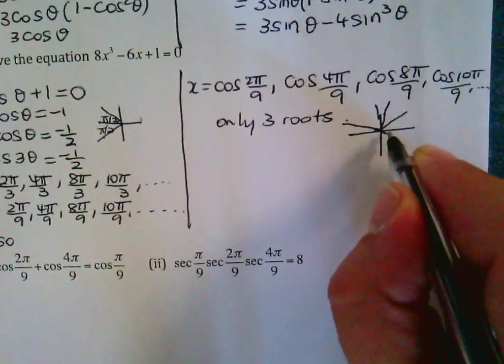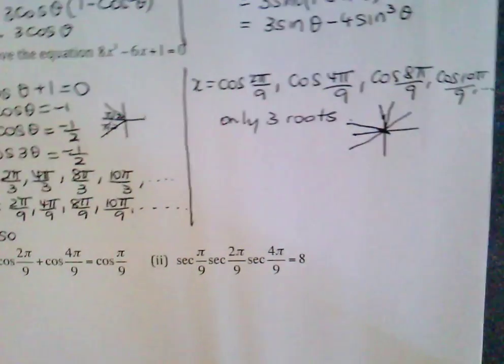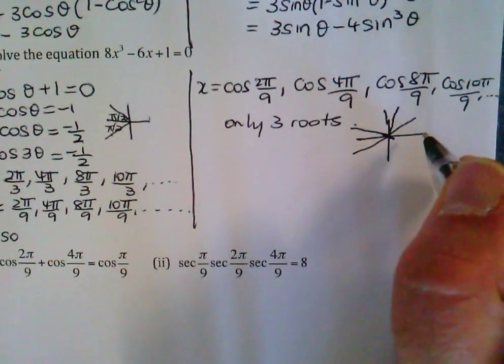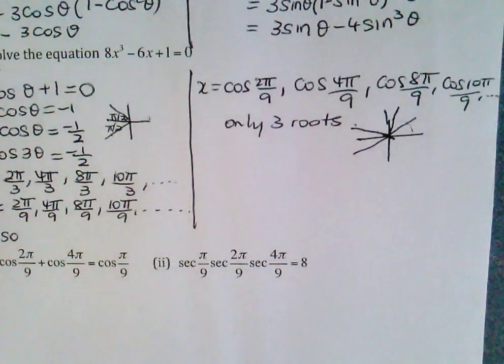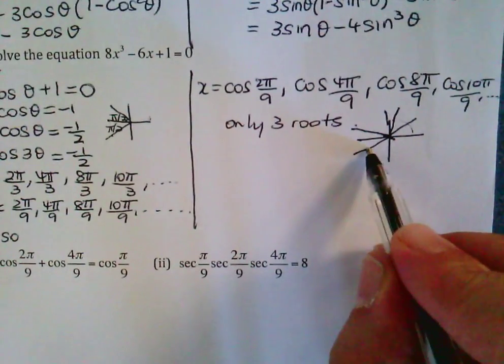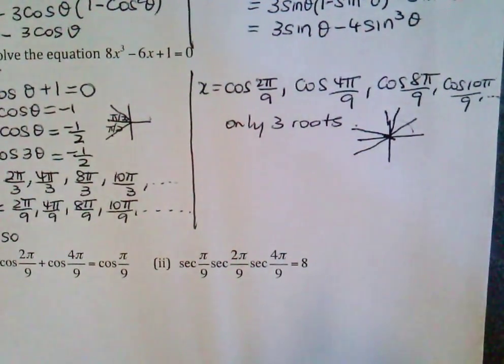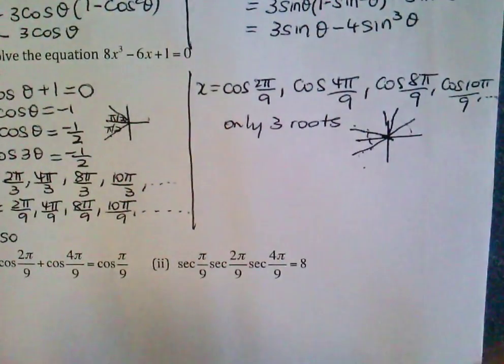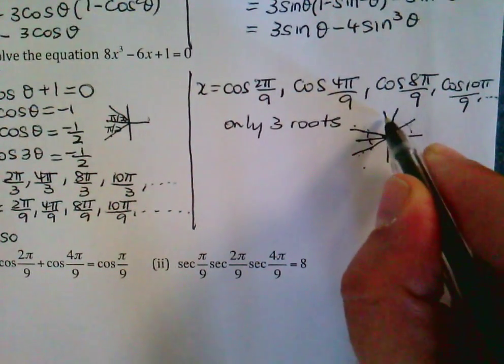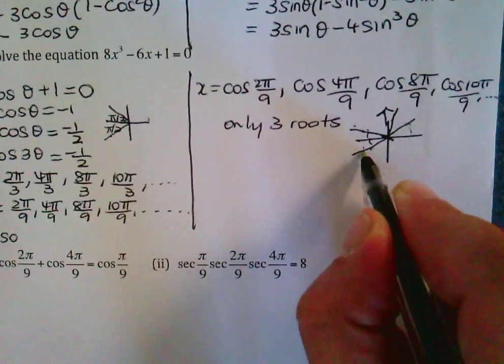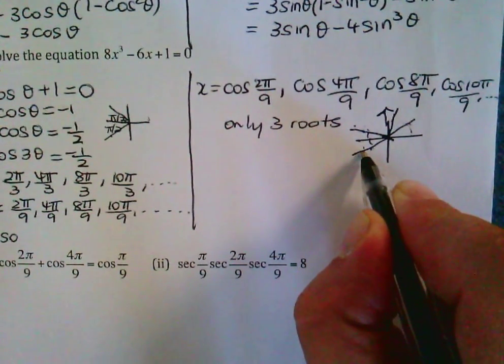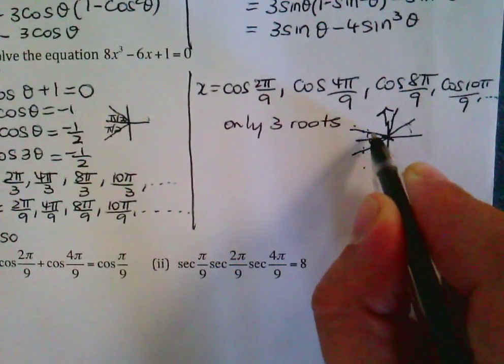10 pi on 9 is here. But you're not allowed, your principal argument only goes from 0 to pi or from 0 to negative pi. So for a start, you would never call that, okay? So we'll only have 3 roots, but notice, here is your first solution, quadrant 1 positive, quadrant 2 positive. These 2 solutions here in quadrants 2 and 3 are both negative, and you've got the same acute angle